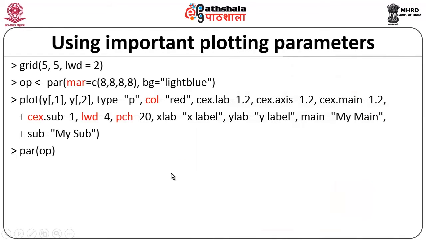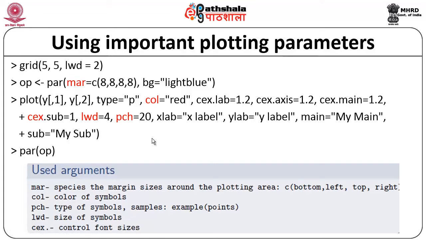We can also understand what the other important plotting parameters are. An important plotting parameter like MAR is an important argument for plotting. What does this MAR indicate? The MAR is actually the margin size. So, when you pass this margin argument, it actually sets the sides of the plotting region. Here in this scenario, the bottom, the left, the top and right are assigned the values 8, 8, 8 and 8 respectively, clearly indicating the plotting area with size 8 by 8.